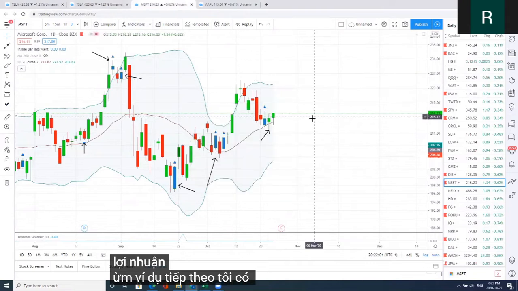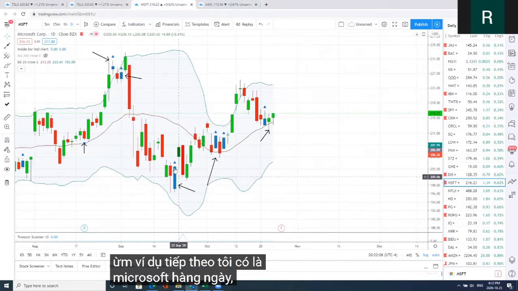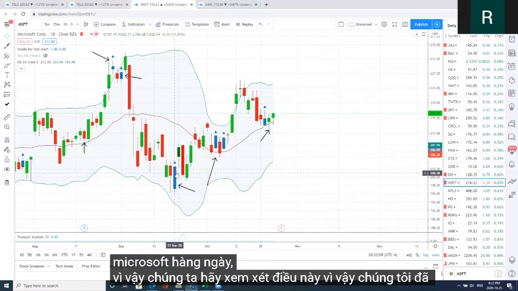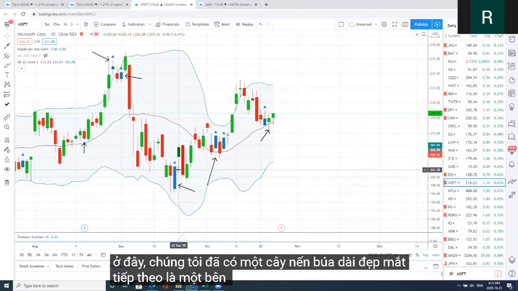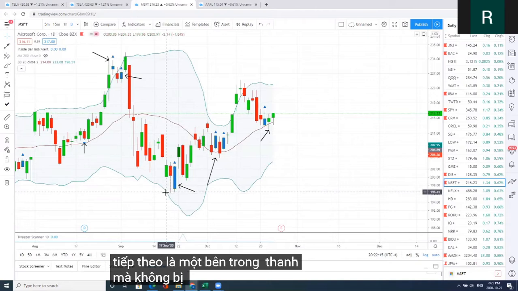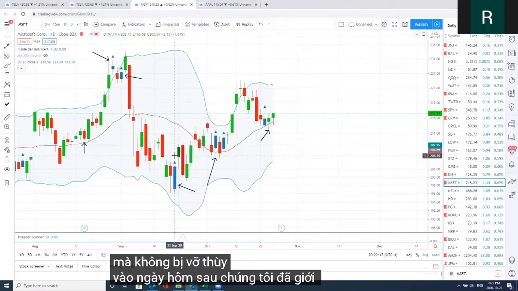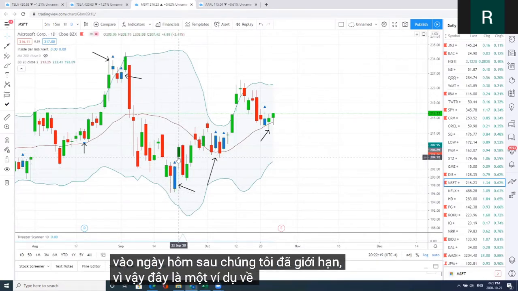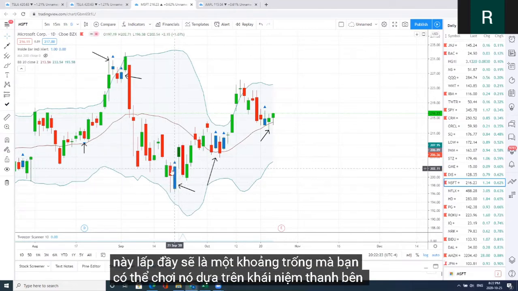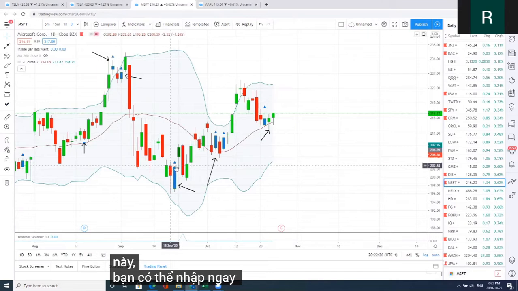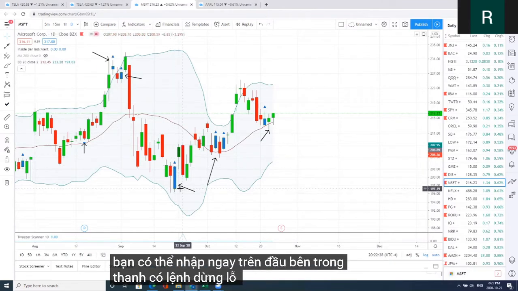The next example I have is Microsoft on the daily. So let's look at this. We had this example here. We had a nice long wick hammer candle followed by an inside bar, which did not break the low. The next day we gapped up. So here's an example of where this wick that fills, which would be a gap fill, you could play it based on this inside bar concept. You can enter right on top of the inside bar with a stop loss below the low,